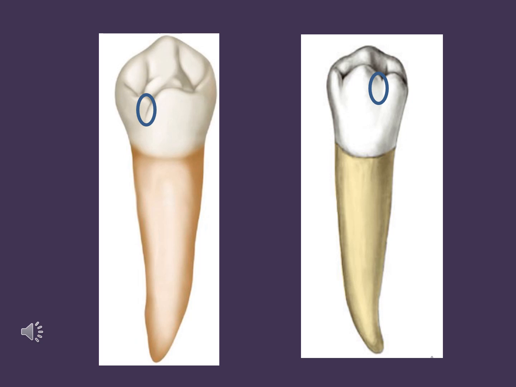You can see a mesiolingual developmental groove in case of the mandibular first premolar from the lingual aspect, whereas in case of the mandibular second premolar from the lingual aspect you can see a lingual groove in a three cusp pattern, and there is no groove present in case of a two cusp pattern. A more lingual inclination is seen in case of the mandibular first premolar and less lingual inclination is seen in case of the mandibular second premolar.